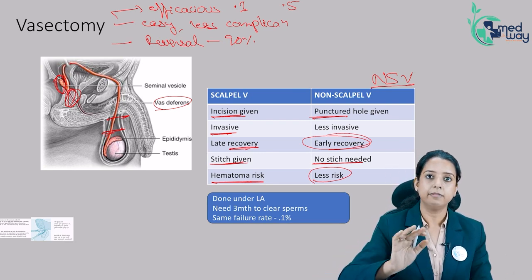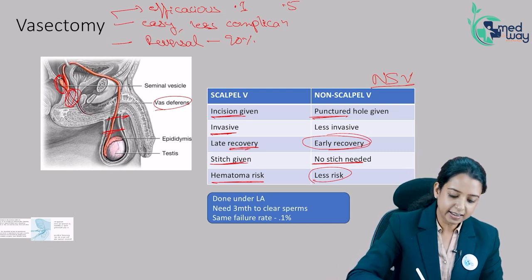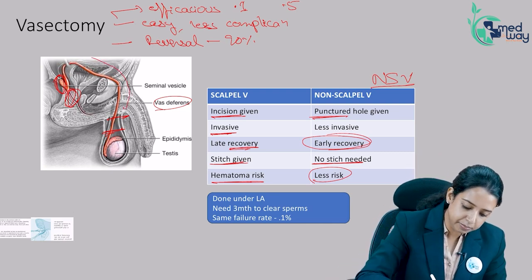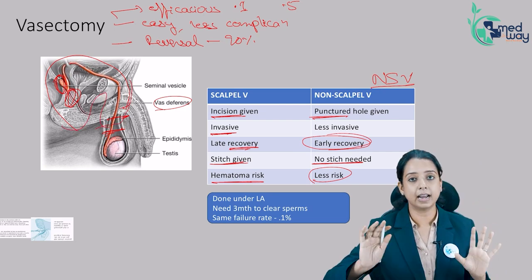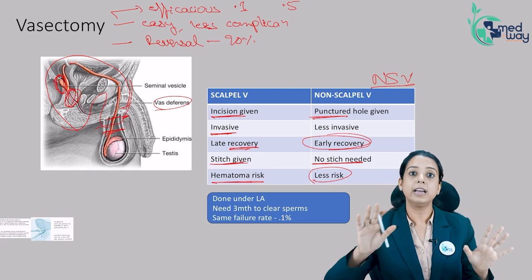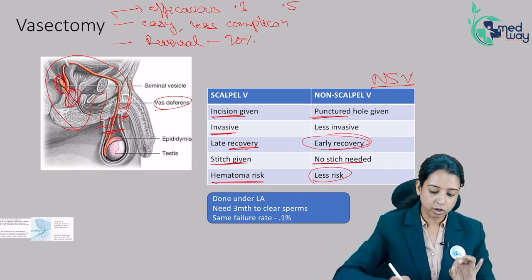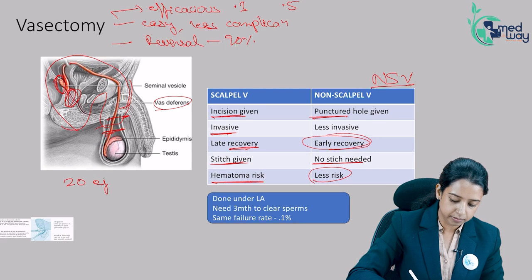But again, once you have done the vasectomy, there are certain sperms in the system distal to it. In the remaining ejaculatory duct, urethra and the vas, there are certain sperms there. So they all need to be washed out. The washing out takes at least 20 ejaculates, or 3 months.